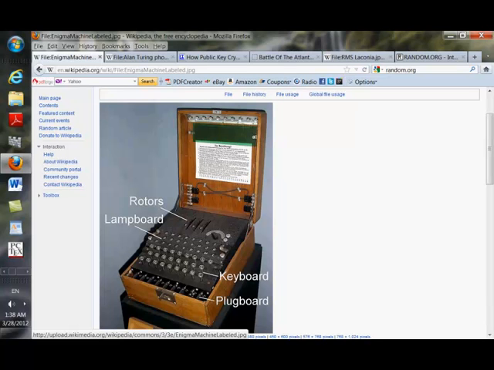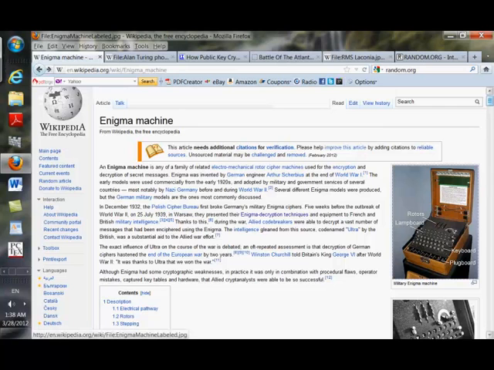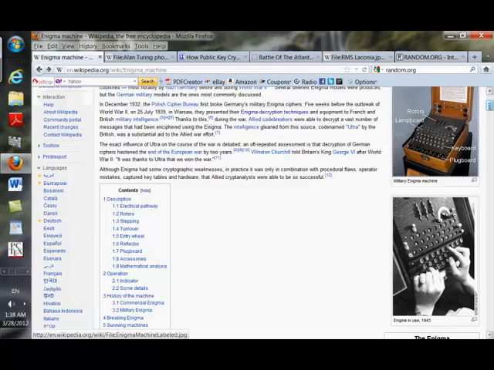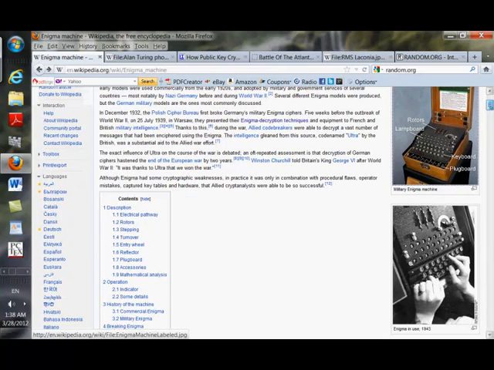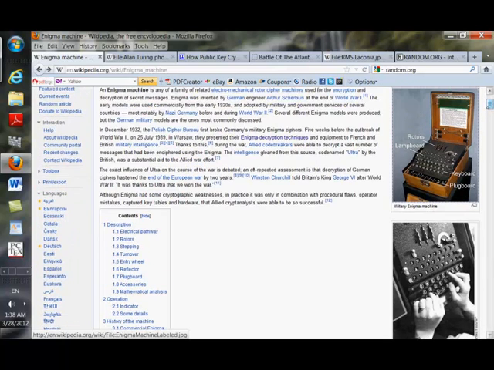It was electromechanical, and it was actually followed by several other combinations, with several other encrypting machines. The Russians had encrypting machines. The Enigma was first created in the First World War, and the first ones who broke the Enigma of the Second World War were the Polish cryptographers, the Polish code breakers,